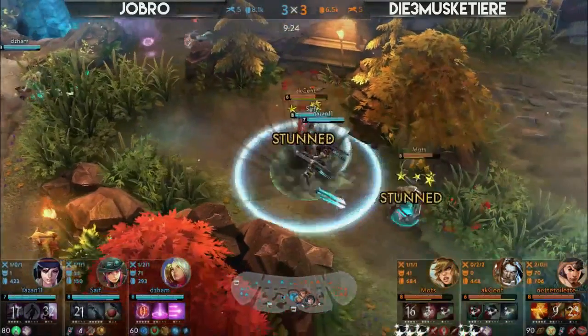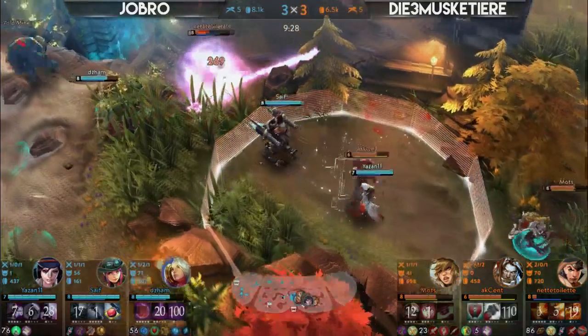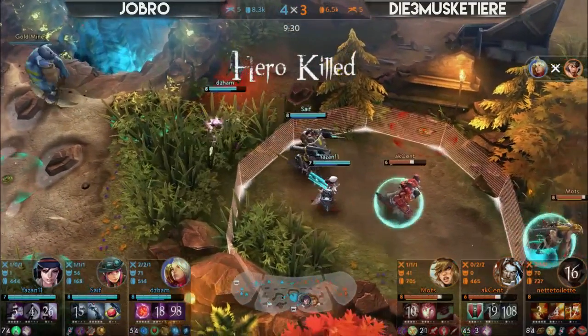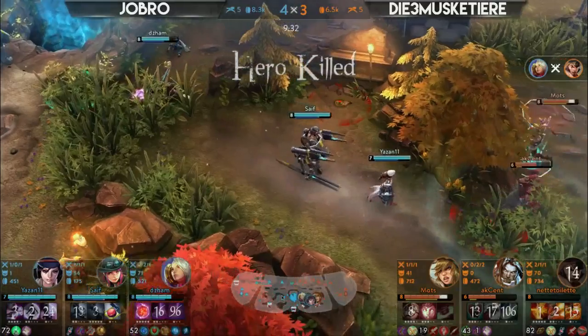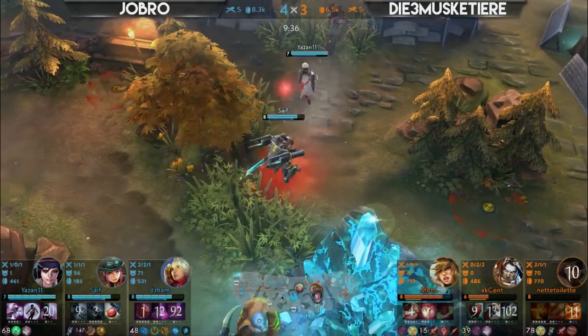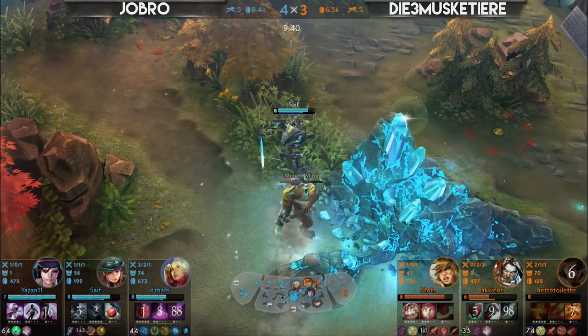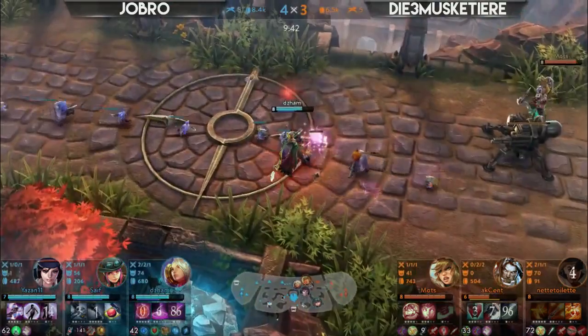Saif is going, there comes the stun, and on top here, trying to dodge this one. But NetToLette has a problem, the ultimate. And there is the kill, finishing off here the laner. And they are chasing the scout trap popping up. Oh, well, good situation for Jobro so far, getting the minion miner here, and DZ